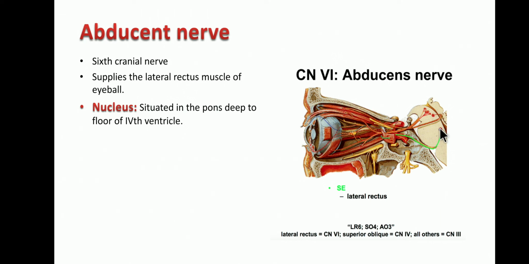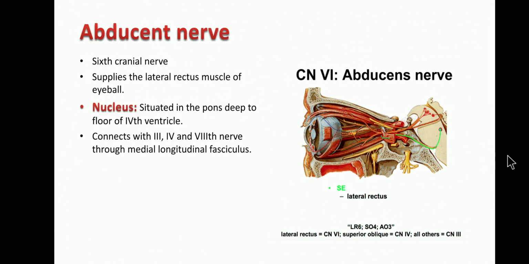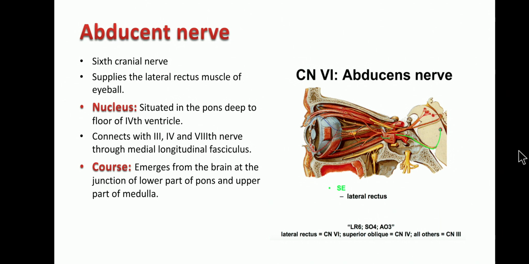This is actually the nucleus which is situated in the lower part of the pons, the abducent nerve nucleus. The abducent nerve will wind around the facial nerve nucleus and then come. That is actually called the facial colliculus. Okay, so the third, fourth, and sixth nerves all maintain connections with the eighth nerve via the medial longitudinal fasciculus. Now once it emerges from the brain at the lower border of the pons,